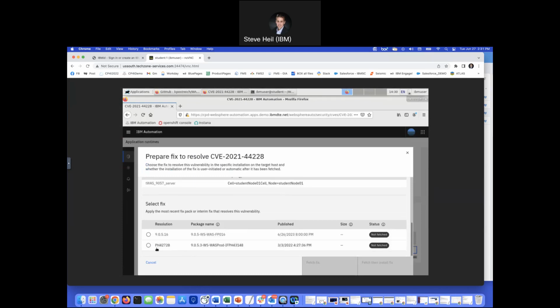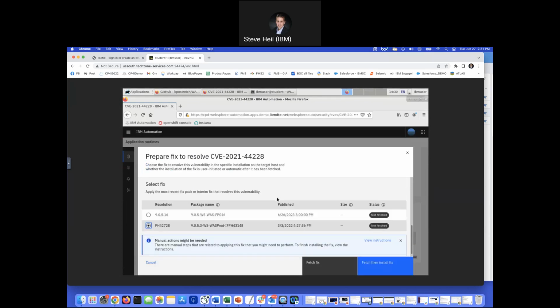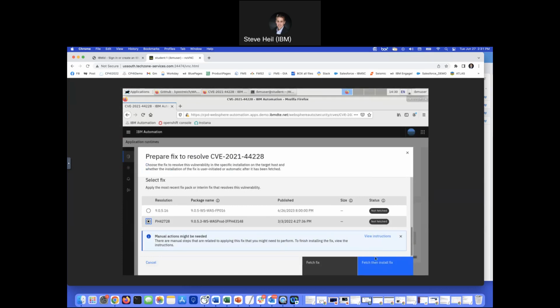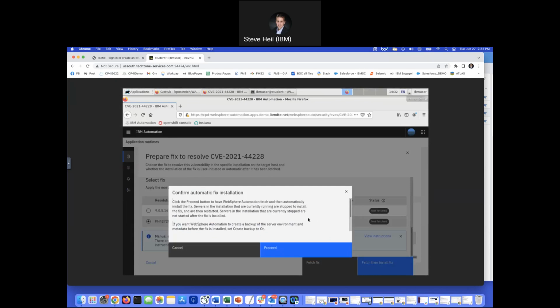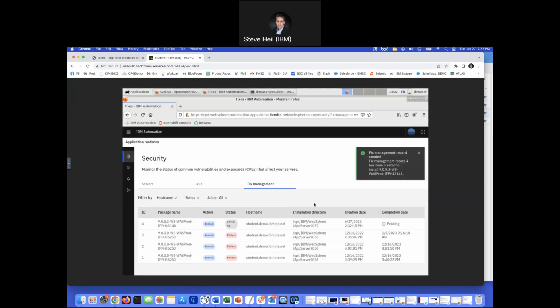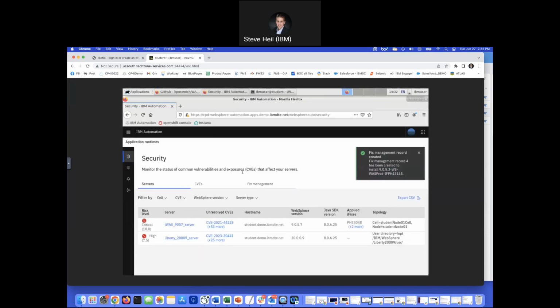So we will take this fix pack and put it on, okay, and we have an option here to fetch the fix and then install it later, or fetch and then install fix. I also have the option to create a backup first. I'm not going to do this right here, but what this will do is basically